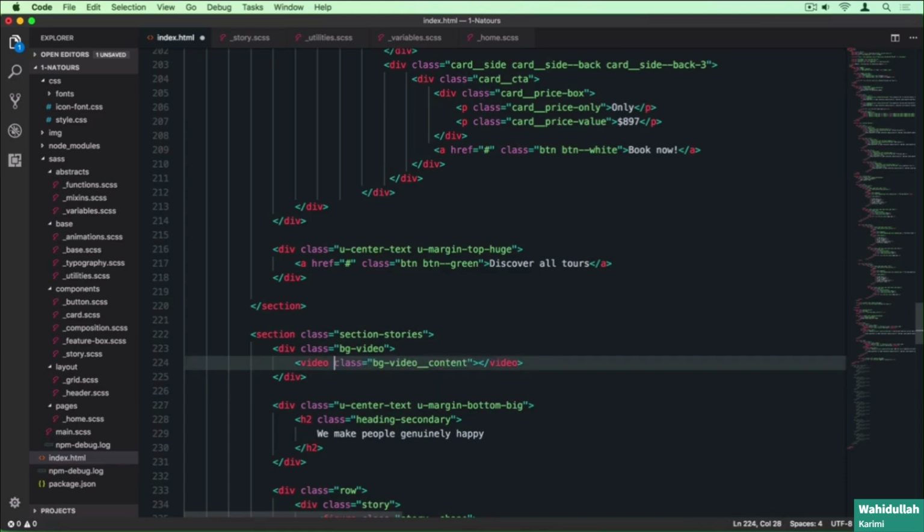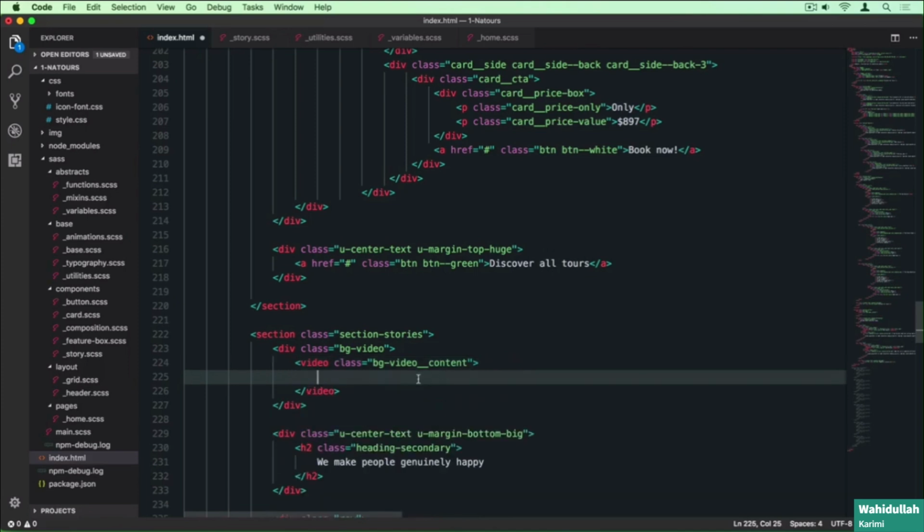Now this is how videos work. So we will not specify the source attribute there, but instead what we're going to do is to specify something called the source in here. So again, instead of using the src attribute here in the video tag like we would do with an image, there's actually a source tag in HTML which allows us to embed a video file into this video element. Okay, so source,